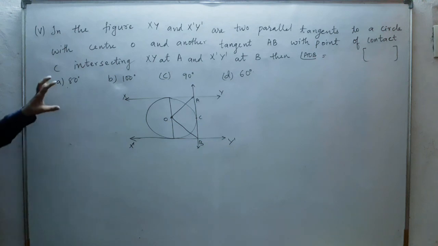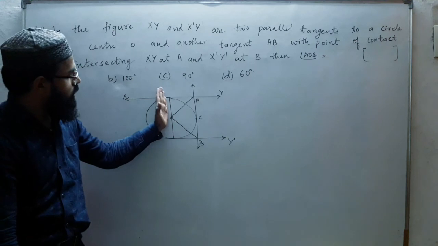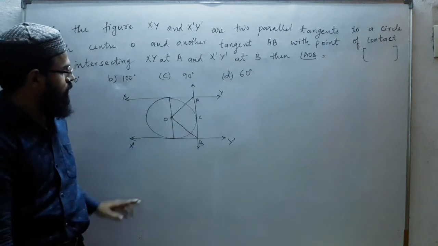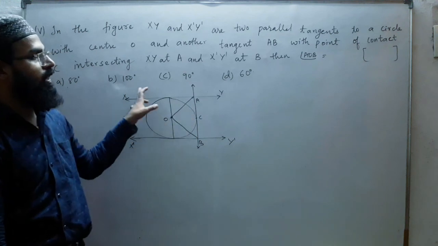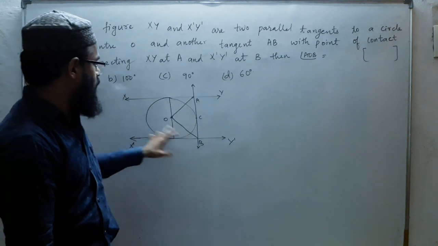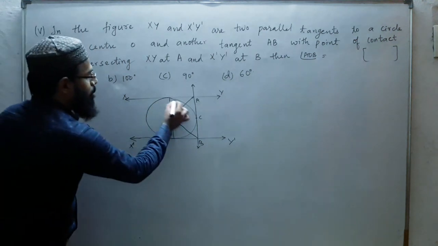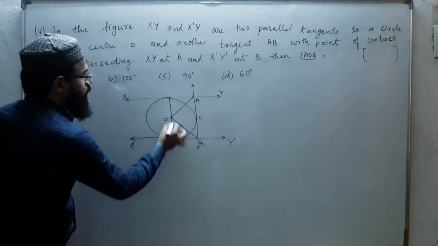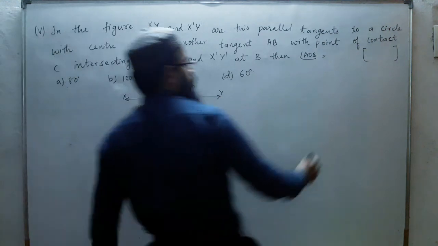Next, from this figure we can understand that this is a half circle. Half circle means angle in a semicircle. We have already learned this point in our previous classes. Angle in a semicircle is 90 degrees. So the angle here in this part is nothing but 90 degrees. So the answer is